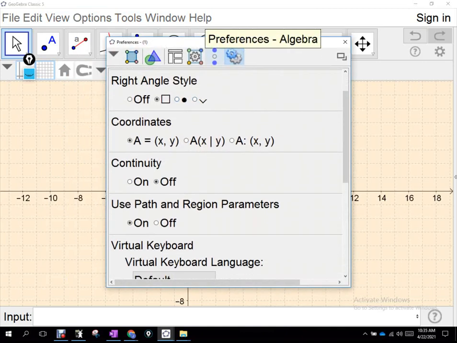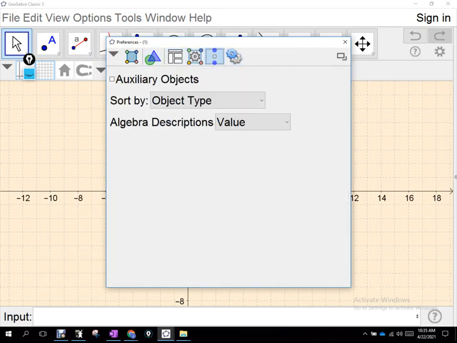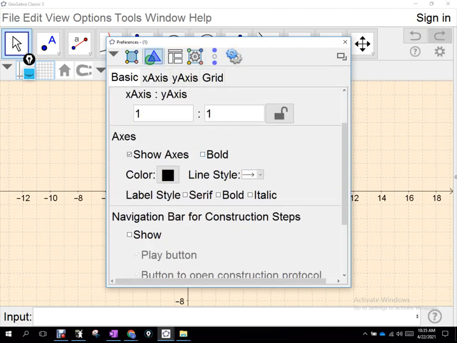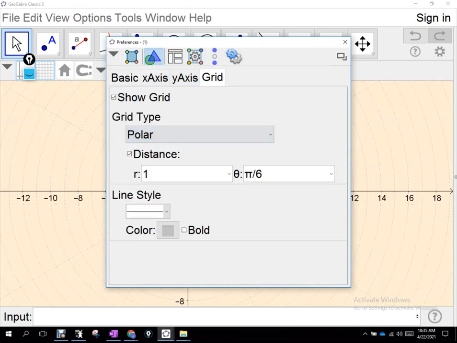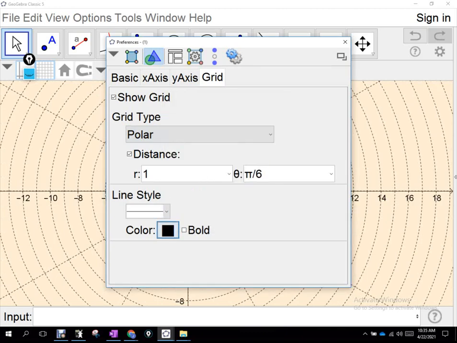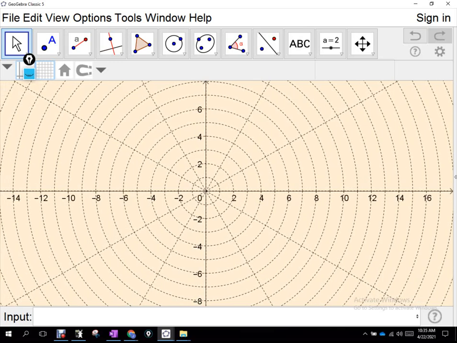It's kind of a pain in the butt to find where you toggle back and forth between polar and rectangular. There we go. To go to grid, we're going to go down to grid type, click on polar. I'll make my lines darker for you so we get something like that. Okay, so instead of the vertical and horizontal lines intersecting rectangularly, we get these concentric circles, and then we get